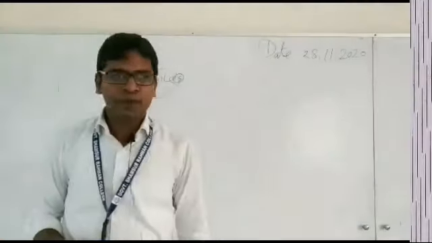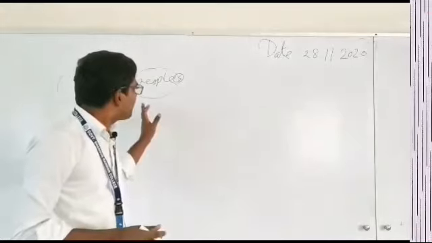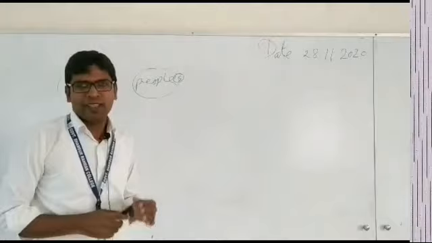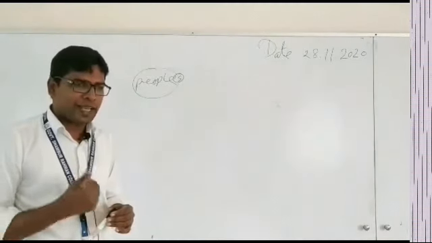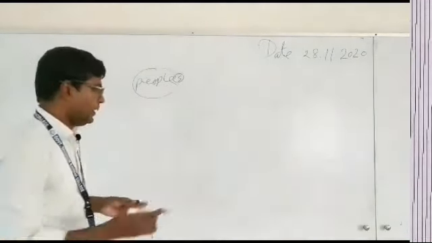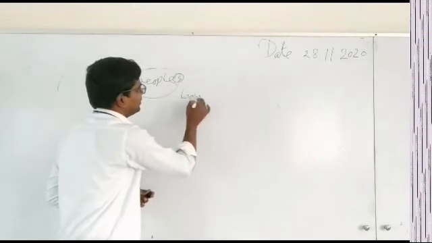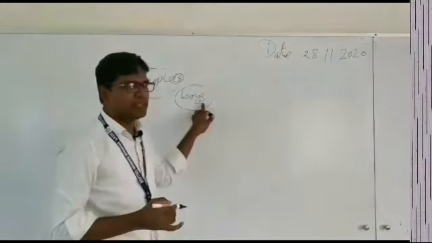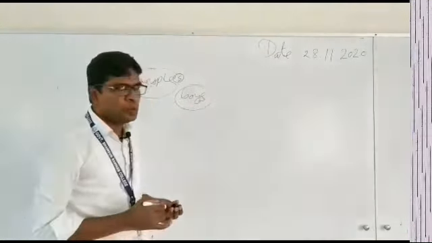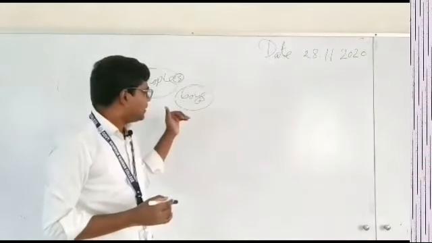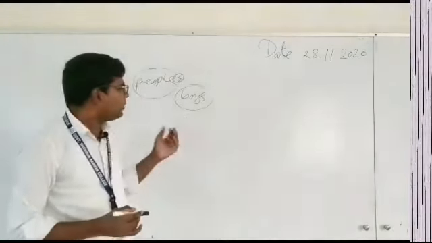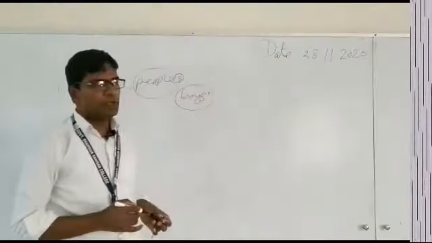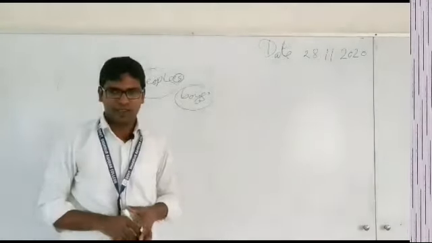Again, in case of a plural word, if the last letter is s, at that time we have to use only apostrophe. Boys. Boys is a plural word, and the last letter of the word is s. If we want to turn this word into possessive form, we have to use only apostrophe. We cannot use apostrophe s.